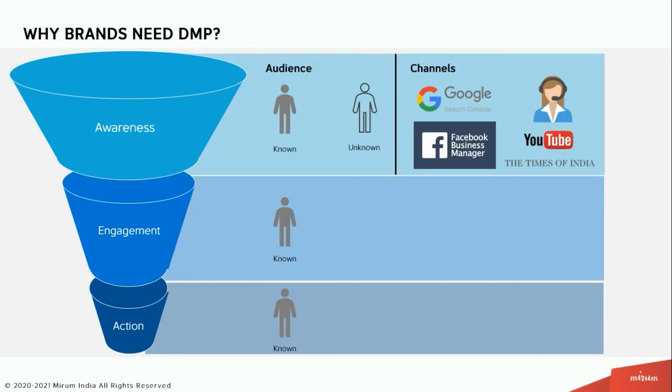We also have a similar walled garden in the form of Facebook, wherein I can also do profile-based marketing, cookie-based marketing, pixel-based marketing, which also supports Instagram. I can also have certain tabs with Times of India, and I can show certain video ads on YouTube, right? Some of the examples, there are many such avenues. And let's focus on the awareness stage because that's where the play of an unknown audience majorly is.